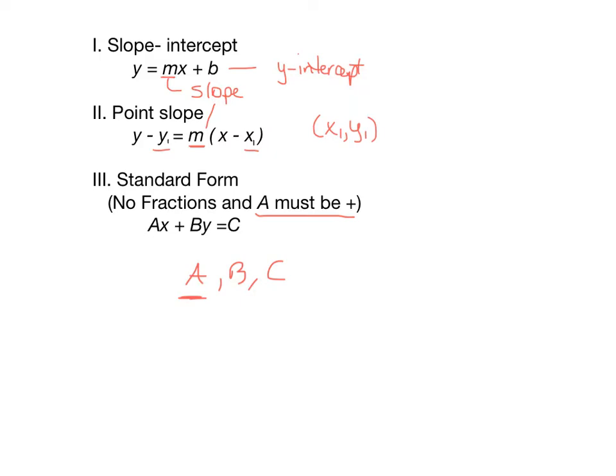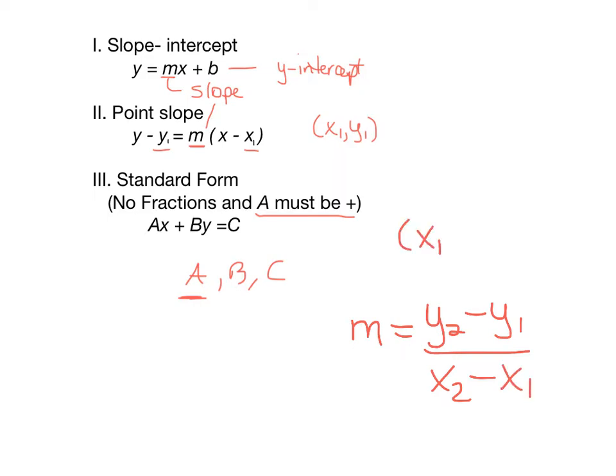today. So just to review that, the slope formula again, m represents slope, and that formula is y2 minus y1 divided by x2 minus x1, where x1, y1 is the first ordered pair, and x2, y2 is the second ordered pair. So we're going to use these three forms today in the lesson, and we're just going to be transforming